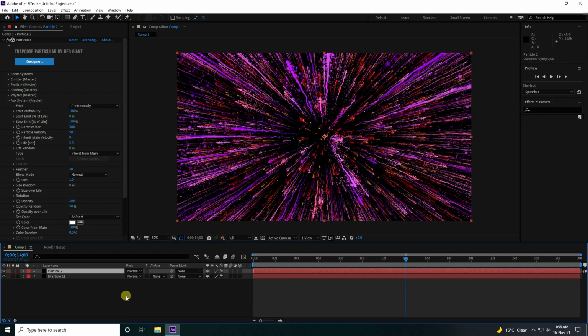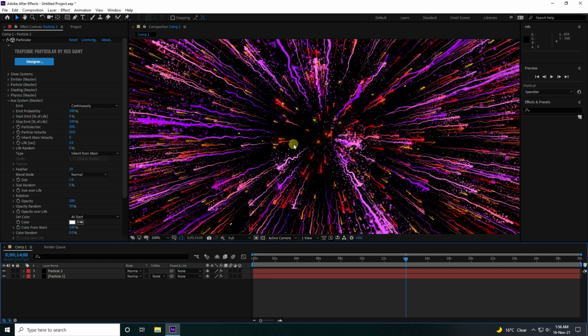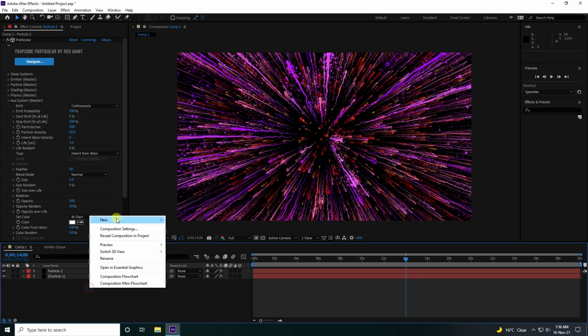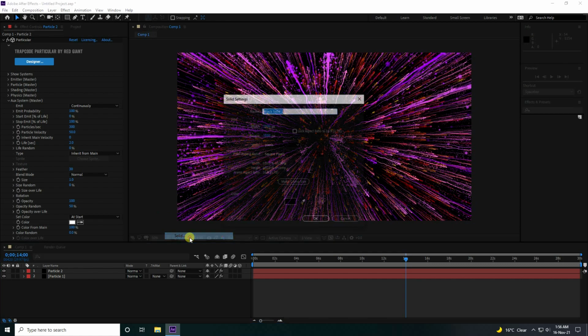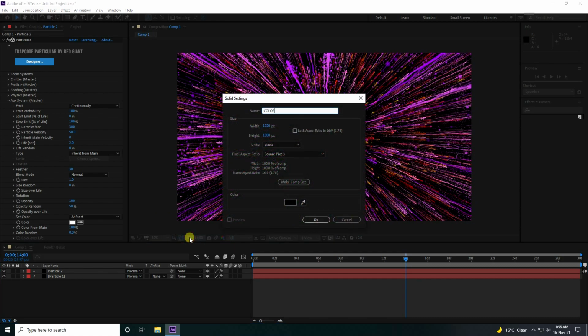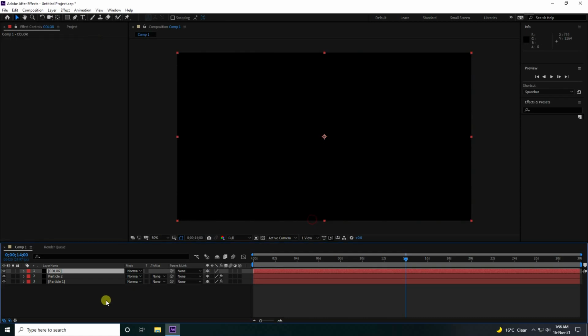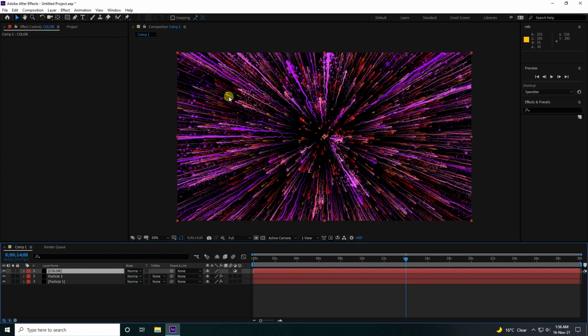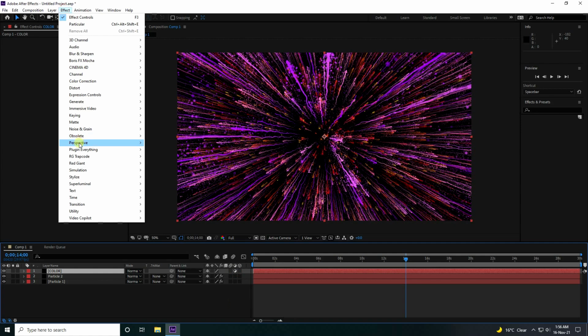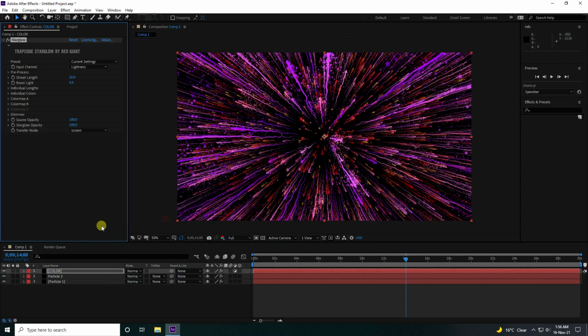Okay, so next one guys, I apply a beautiful glow effect. So I take a new solid layer, and the layer name, Color, is good. So press OK. And see, that's my Motion, and click. Yeah, so this time I take this one, Star Glow. Yeah, it's good. And see, boost light, I like to take 2.